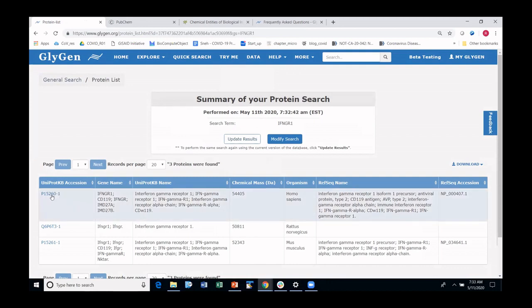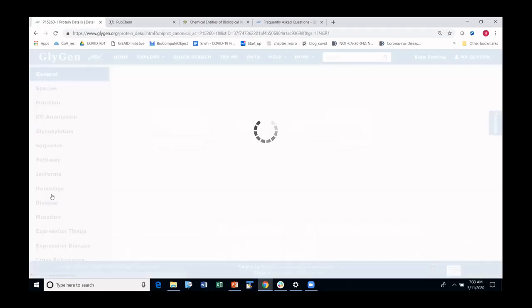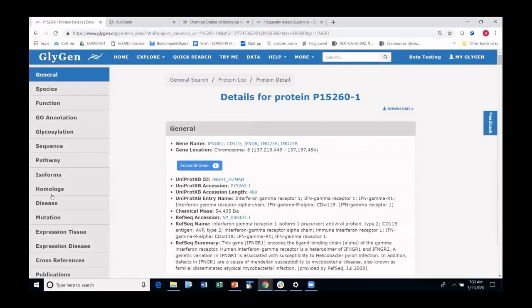If I click here on the UniProtKB accession, I end up on the protein page that Mike showed before. On this protein page, I'll spend a little bit more time. We're going to explore a few things. Of course,